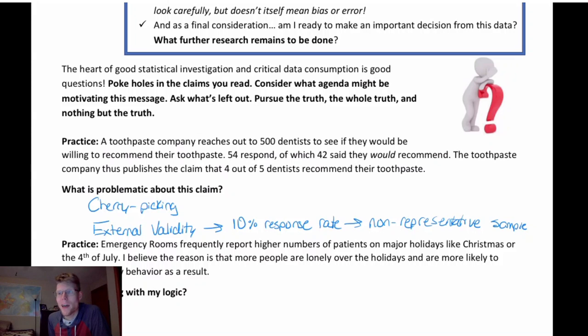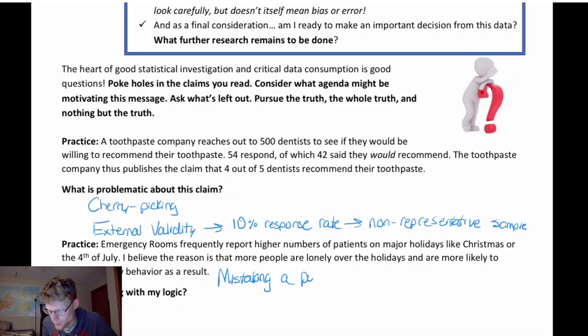Possibly wrong. And that is because I am making a causal claim to what is merely an association, or a potential association here, right? So it might be true that people are lonelier over holidays who aren't with family or friends or something like that. But I don't actually know if that's the reason why there's more emergency room visits. Like we could name several things that are different about holidays. So I would say